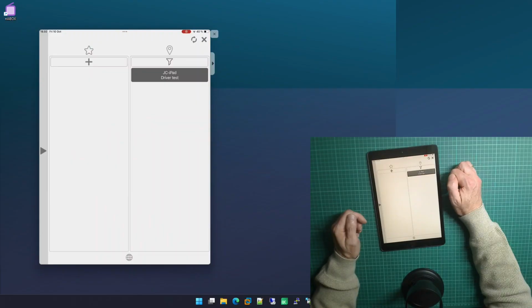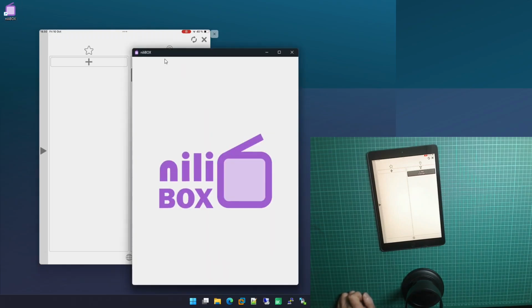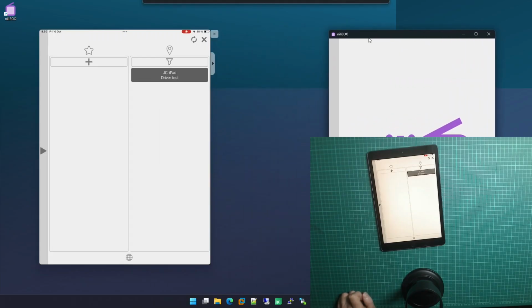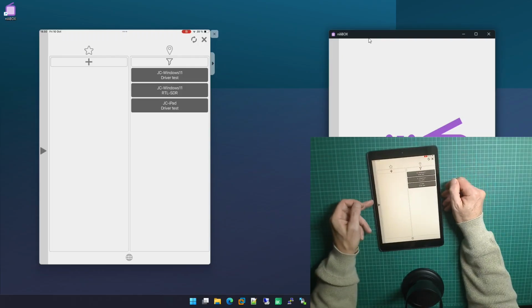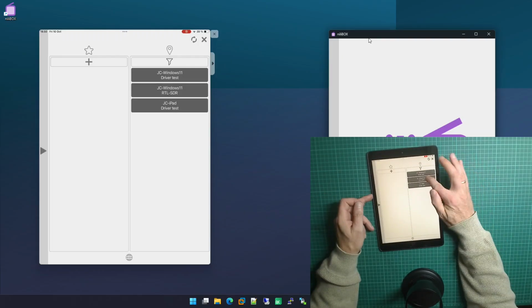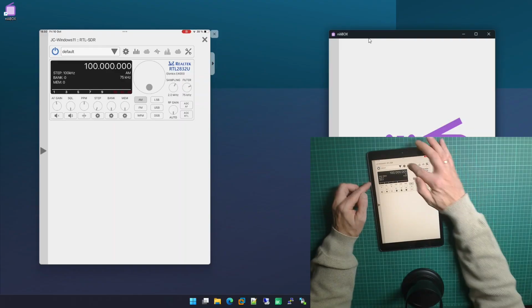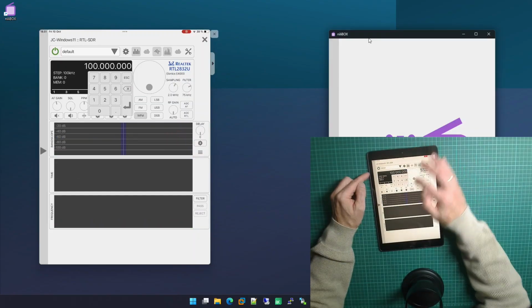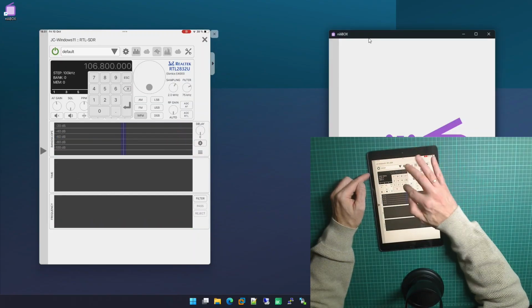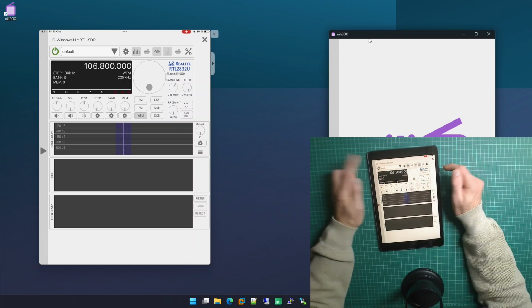But we can also, let me now start my niliBOX on the Windows machine. I will put it there behind. And now the devices installed on the Windows machine will appear here. We can use, for instance, the RTL receiver. I will mute now. Same as before, I will type a frequency here, WFM, sound filter, and